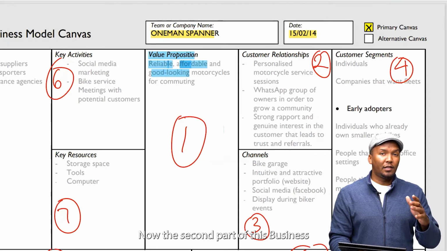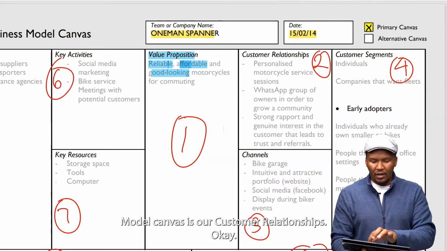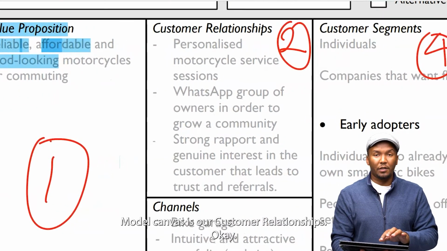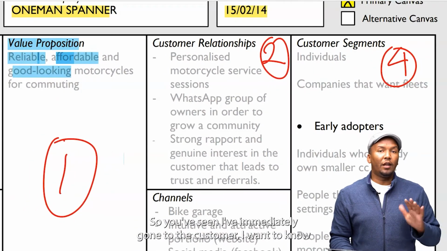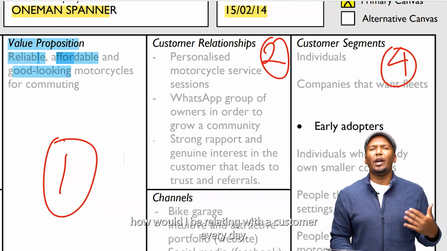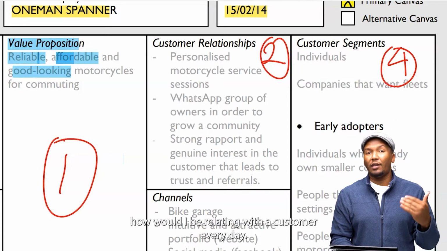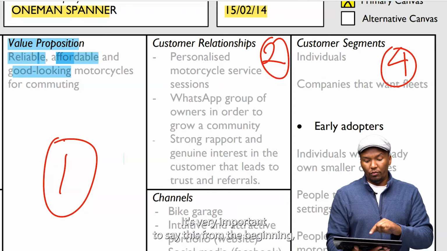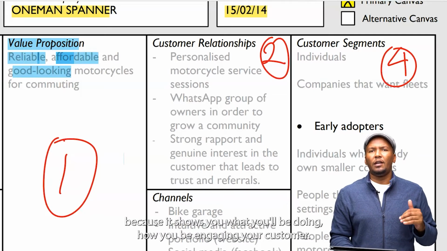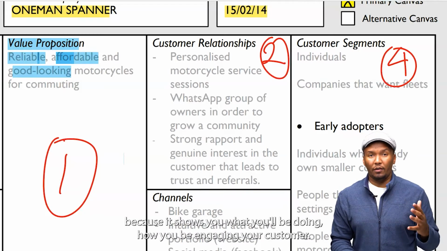Now, the second part of this business model canvas is our customer relationships. Okay, so you've seen I've immediately gone to the customer. I want to know how I will be relating with the customer every day. It's very important to say this from the beginning because it shows you what you'll be doing, how you'll be